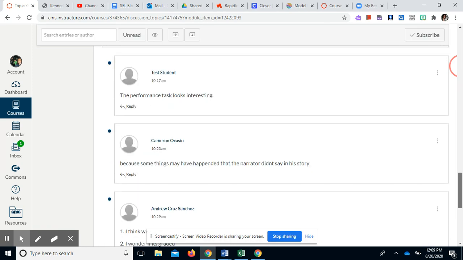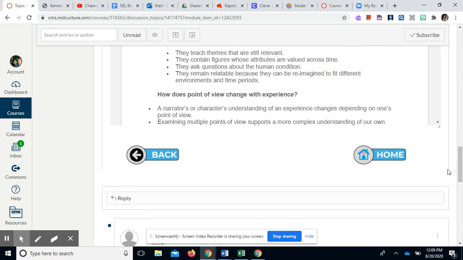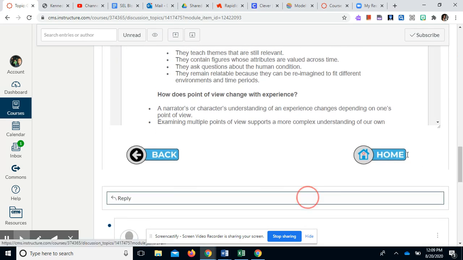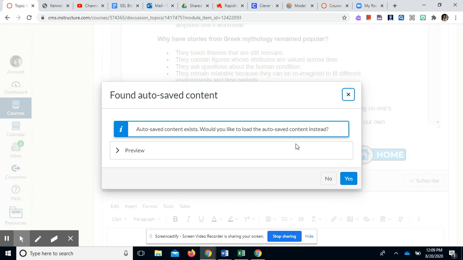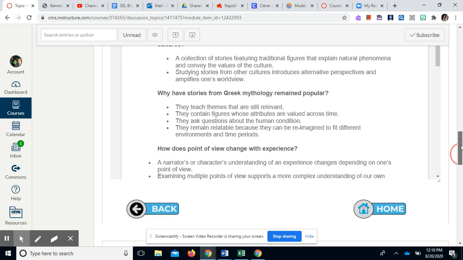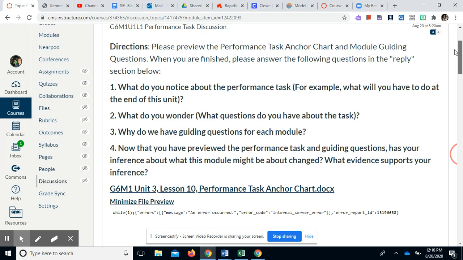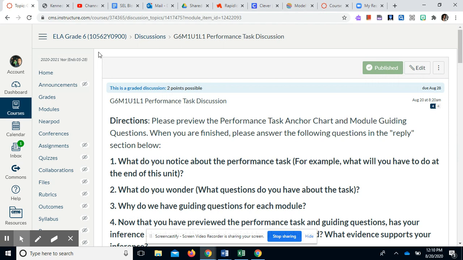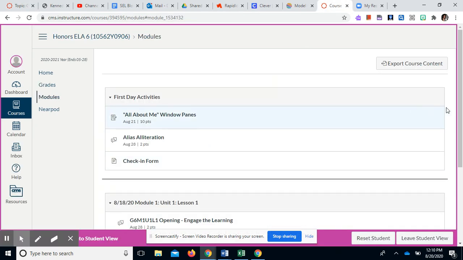You will come down to the bottom and you will click reply. You'll get a text box where you can enter your reply, and then you would click reply to share. I'm not in student view, so it's not working for me. All right, the next assignment today, let me get to that very quickly, hopefully,